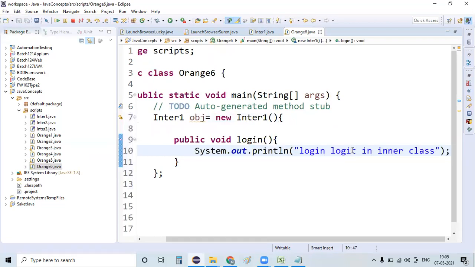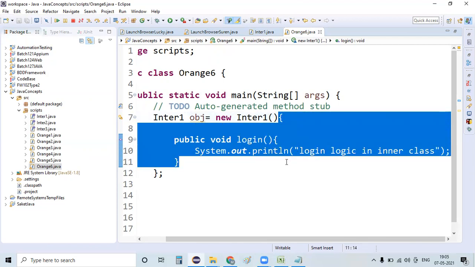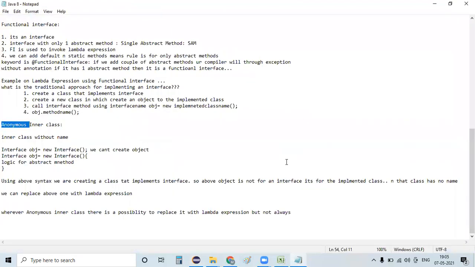So guys, if you clearly observe, we haven't created any new class in order to implement the interface methods. Within this class itself, I'm creating these interface methods. How am I calling this an anonymous class? This class has just the interface implementation methods itself and it doesn't have any name.